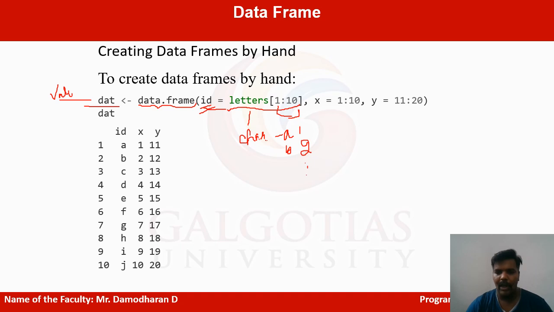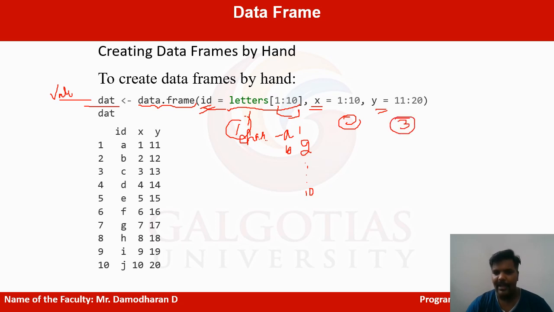So we have to load up to 10 characters. Okay, see, after that we are going to take the X value. This is one of the rows. After the comma, the second column starts. After the comma, the third column starts. So here they have in total one column, second column, third column.